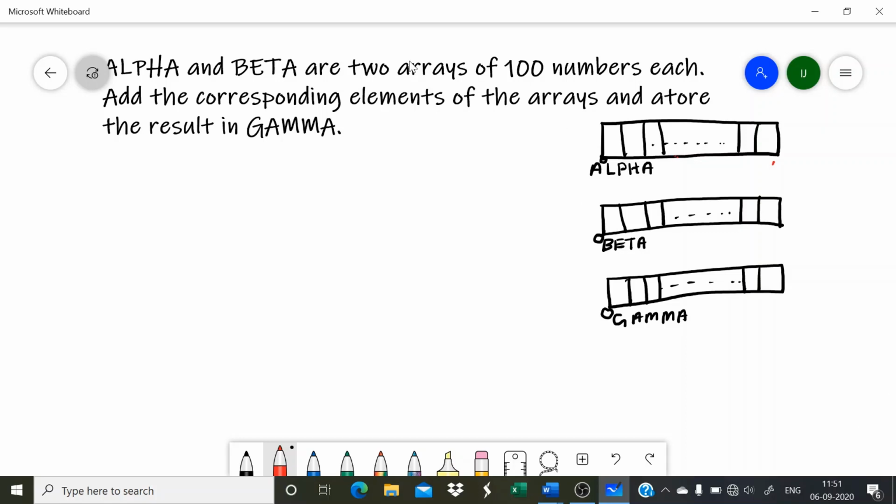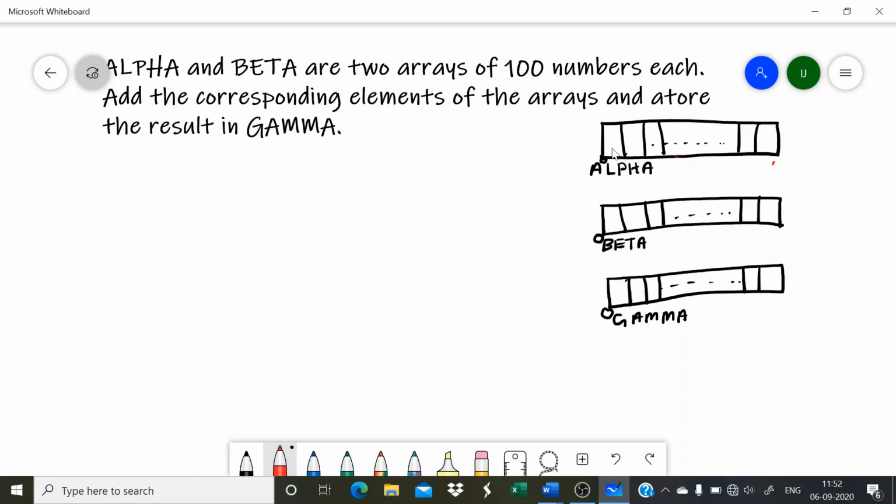So here if alpha is having 100 numbers, which means one number will take 3 bytes. For example, the first number will take the first 3 bytes. The second number will take the next 3 bytes. And so on. So total how many bytes will be there in this array? One number will take 3 bytes, so 100 numbers will take 3 into 100 bytes, which is 300 bytes. So 300 bytes is the size of the array. Then the second array also from 0 till 300. Third array also 0 till 300.